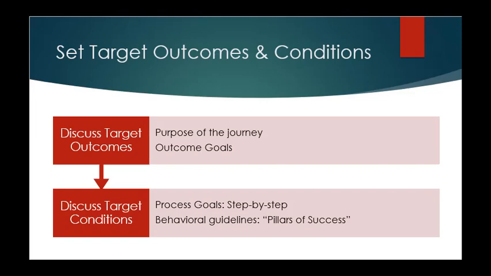So what are target outcomes and target conditions? How do we set them? Well, let's make a little sense of it all. So when you discuss target outcomes, really what you're doing is discussing the purpose of the journey and your outcome goals, right? Now, these goals should not be the primary focus of your journey. However, it's imperative that you have an outcome of where you want to go. You want to aim for something, and that's what that term target should elicit, the idea of aiming for something, so you can measure if you are on target or off target